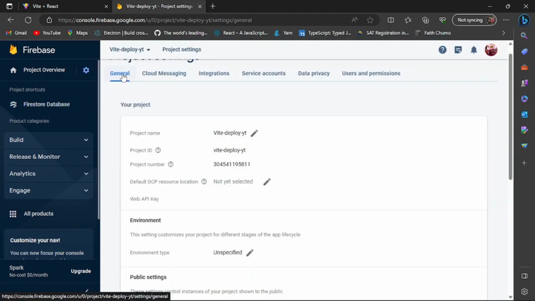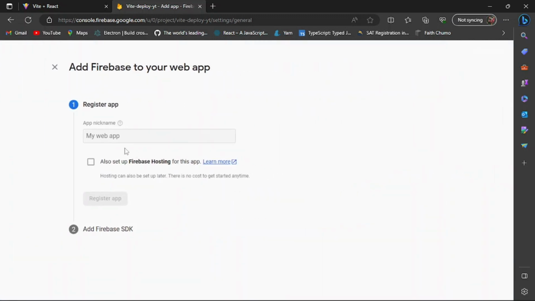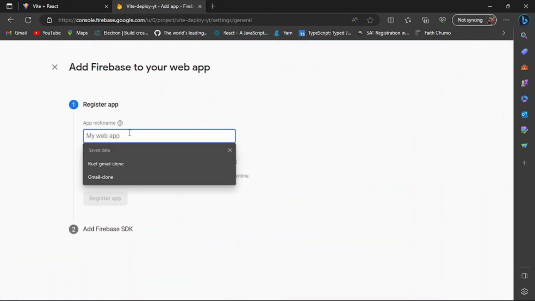So what you want to do is go to that cog icon there, click it, and go to project settings. Now here scroll down, and we're going to create a web app, so click that icon. Then here you're supposed to give your app a nickname. I'm just going to give it the same name as my project name. It's not necessary, but yeah,